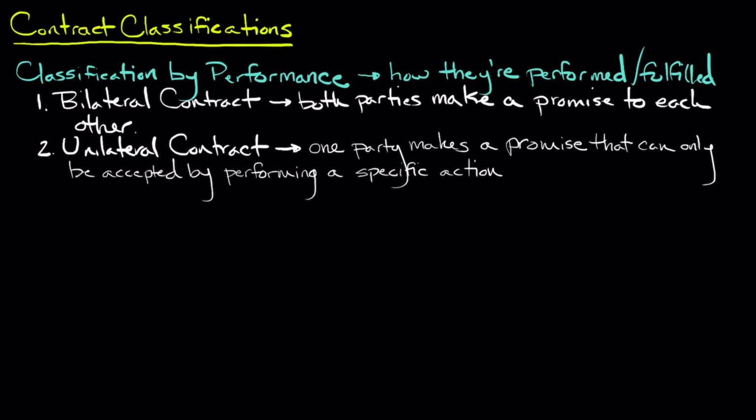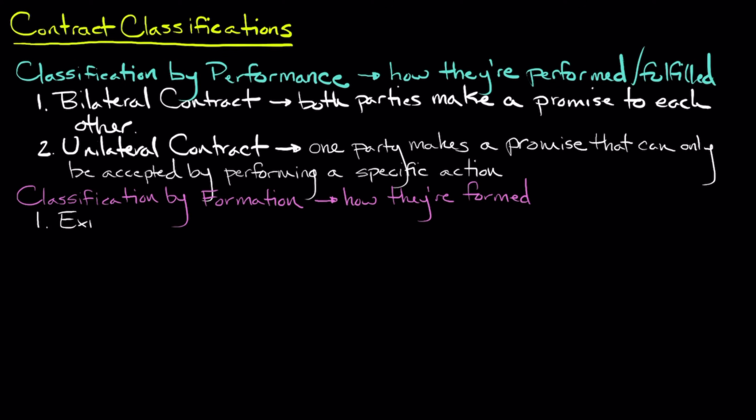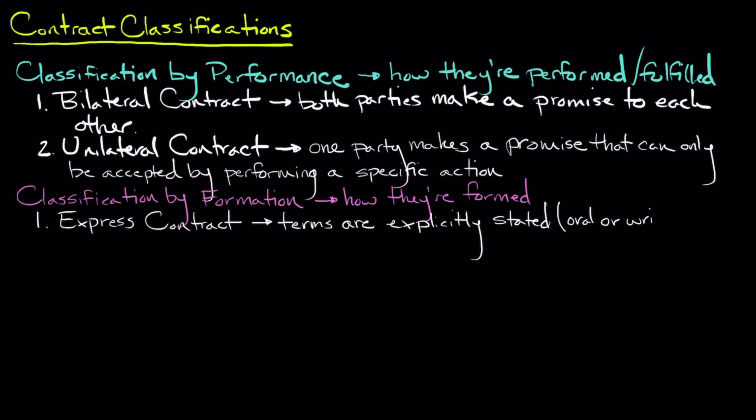lost pet. Contracts can also be classified based on formation. In doing so, we have two primary classifications, express as well as implied. Now, an express contract is one in which the terms are explicitly stated, either orally or in writing. For example, signing a lease agreement for an apartment establishes an express contract. All the terms and conditions are clearly outlined and agreed upon by both parties, and both parties sign the actual